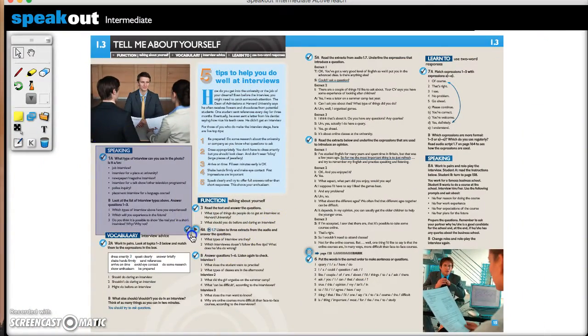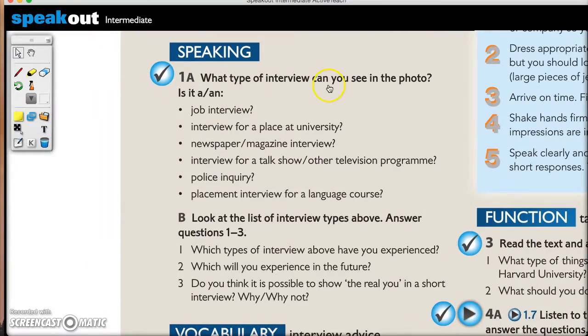As usual, the speaking activity is something that we'll do at home, in class, but you need to look at it at home and see what you think about what you can say in a group activity. Okay? Next,